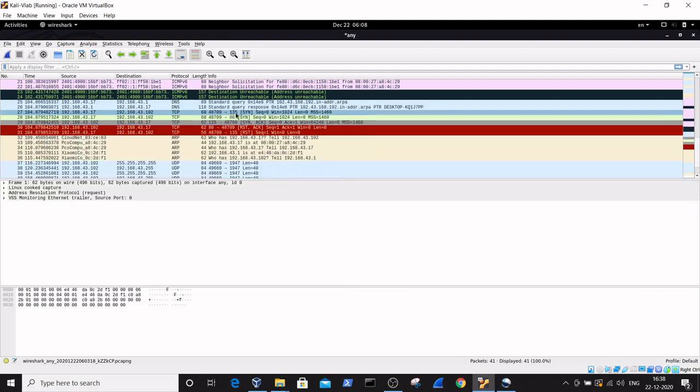You can see for port number 135 I sent a SYN, and I got a reply from the target to the host machine IP address 192.168.43.17, a SYN ACK. So this SYN and SYN ACK of port 135 shows that the port is open.